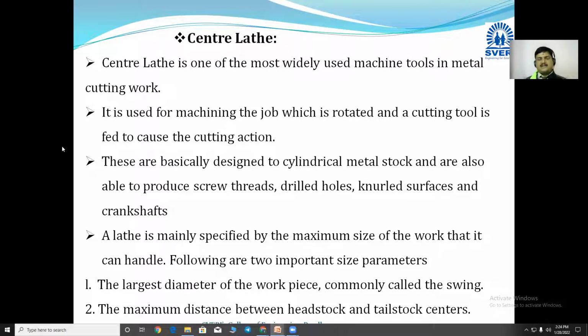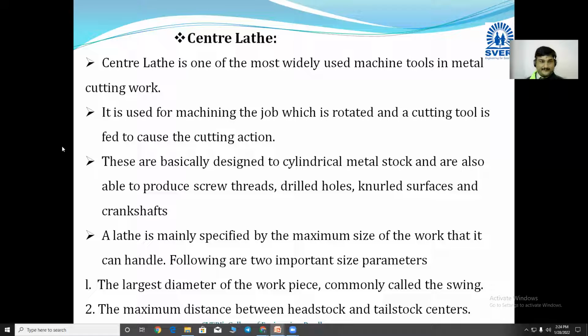Jagbharamade, in the whole world, this center lathe machine is widely used to cut the metals. Metal cut करण्यासाठी ही जी मशीन आहे ही साधारणतः जगभरामध्ये वापरली जाणारी मशीन आहे, लक्षात घ्या. फार इम्पॉर्टंट मशीन आहे. Because you can cut your workpiece in many directions, in many ways by using this center lathe. ही जी सेंटर लेथ मशीन आहे ही यूज करून तुम्हाला अनेक डायरेक्शन मध्ये तुमचा जो मेटल पार्ट आहे तो कट